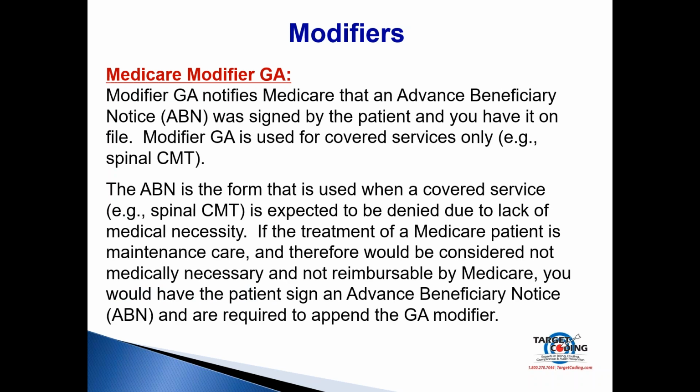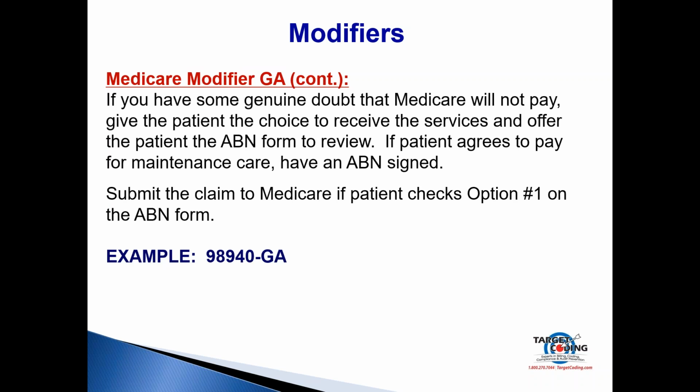Modifier GA. GA notifies Medicare that an ABN was signed and you have it on file. They don't know why unless they ask you for your notes, but the most common reason is maintenance care. So once the patient gets to maintenance care and the patient says, yes, I understand Medicare won't pay, I still want to come in, then you have to, by law, show them the ABN form. ABN is required for covered services. If the patient signs the form and checks option 1, which means they want you to bill Medicare anyway, even though it's not going to get paid, then you would bill it right there,